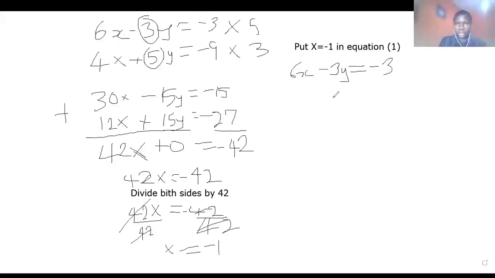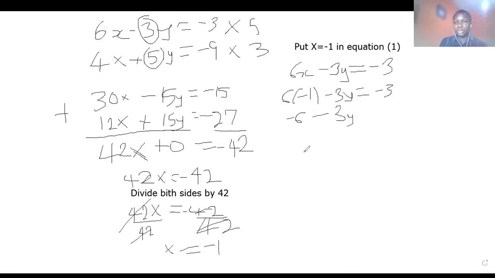Our x is minus 1, so x into brackets minus 1 minus 3y is equal to minus 3. 6 times minus, this is minus 6 minus 3y